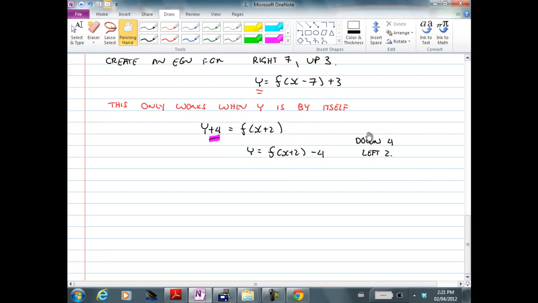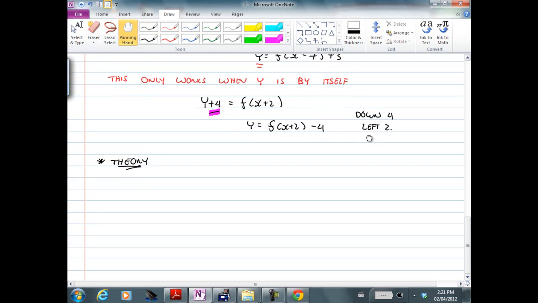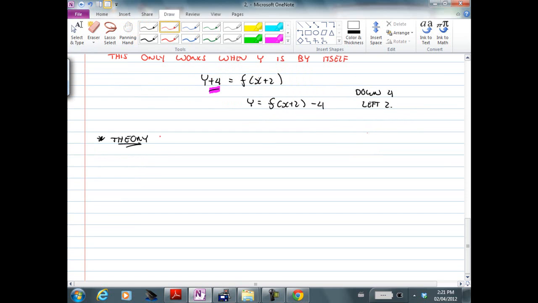Now, a lot of people can do this, but what they can't do is something called theory. Put a star beside this. Theory is where you're going to lose all your marks if you make mistakes on this chapter. Theory is basically working. It's not all about that. That's what you do later, but that's not here. This is all about working